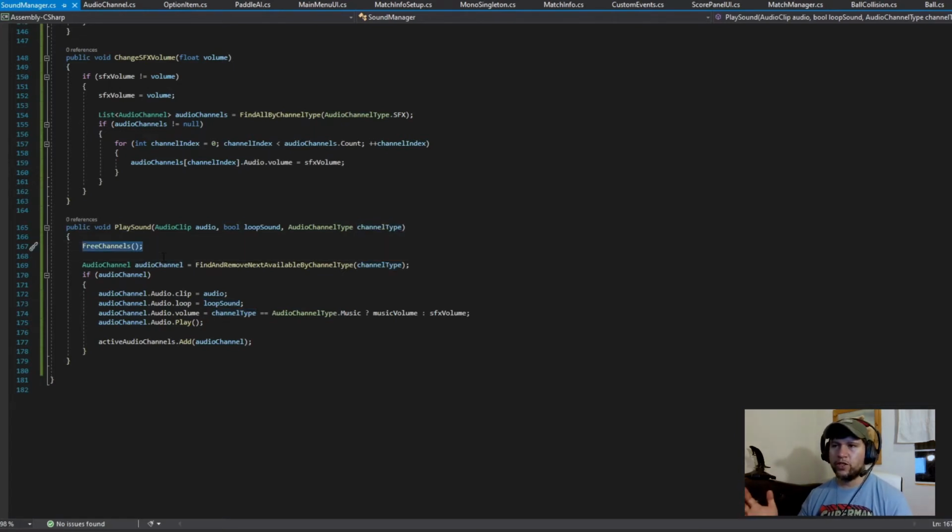So first, what we need to do is free any channels just in case there's no more. So it frees anything. Then we want to find and remove the next available channel by type. We pass in the channel type, and we should get an audio channel. If this channel is not empty, meaning that it could find something,